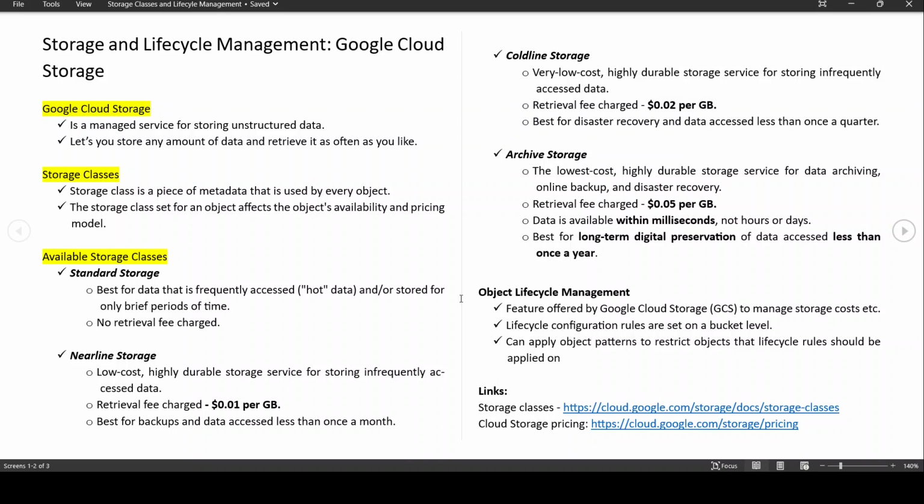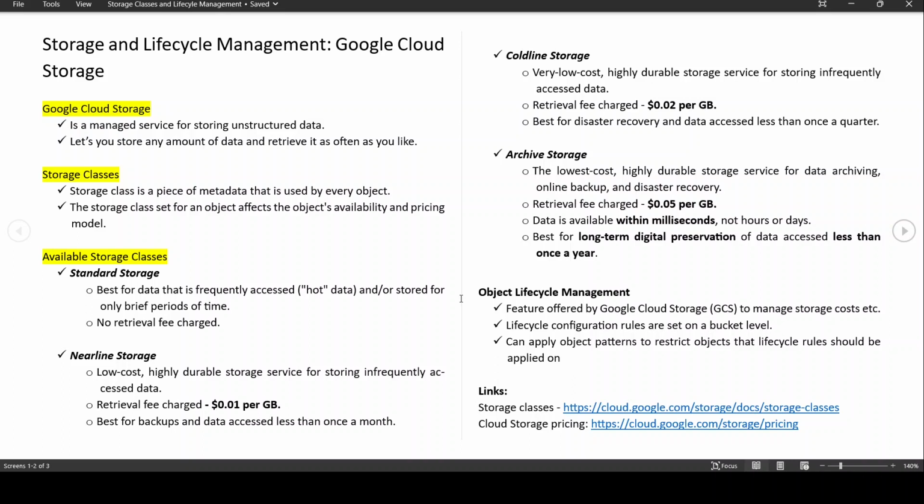Now what happens is that when you have a lot of data, if you're a big company and you have a lot of data that you want to store, sometimes there is some data that you may not necessarily use frequently, but you still need it maybe one time, like once a year, or once every 6 months, could be anything. So you don't want to be getting charged for that data if it's just sitting there and you're not using it actively. So what Google has provided is